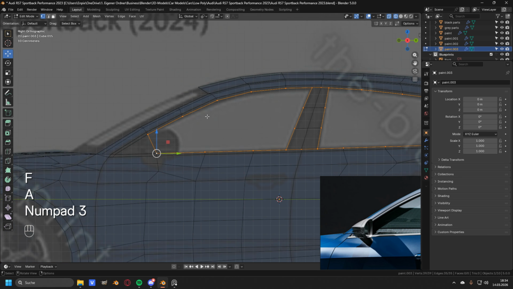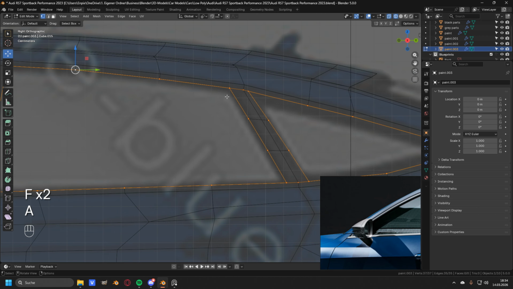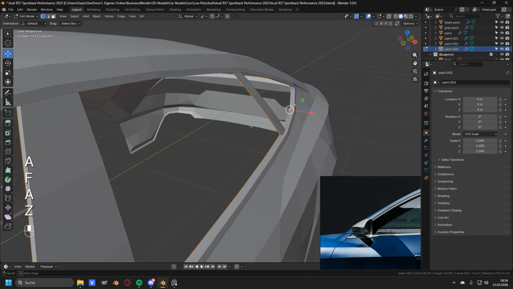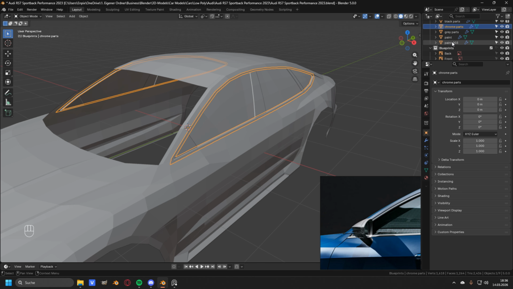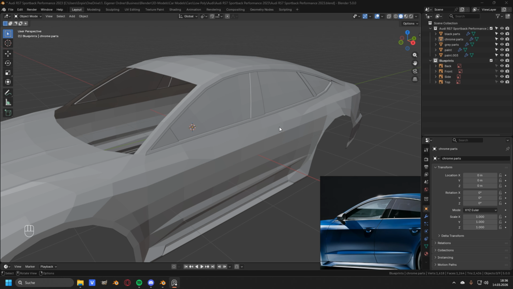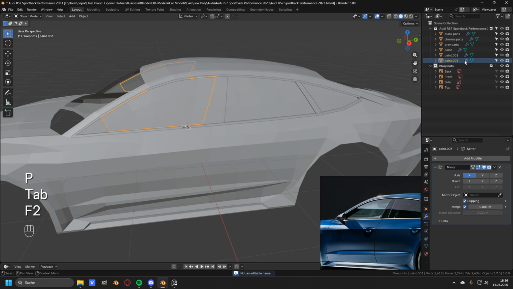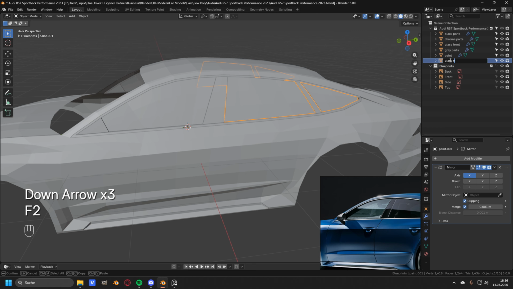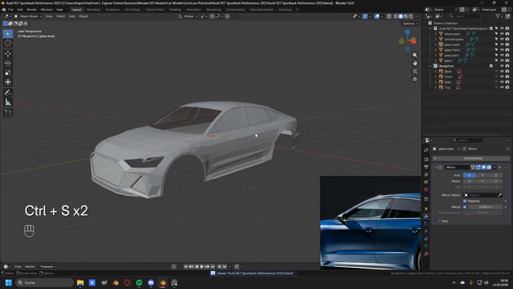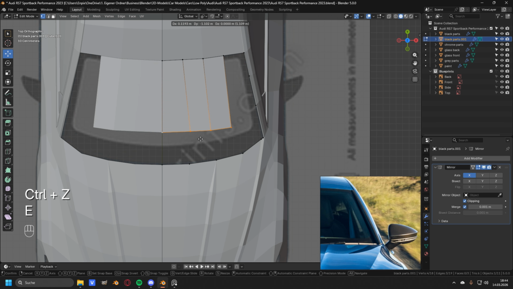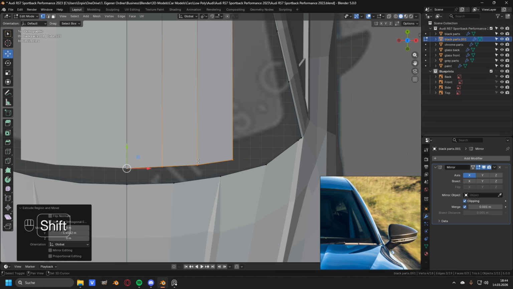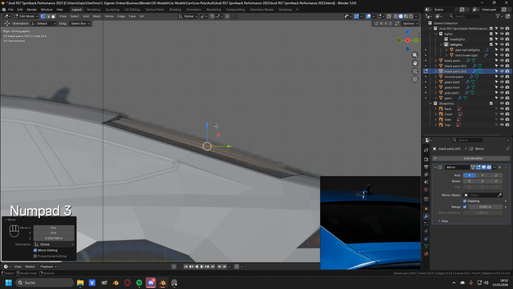Then I duplicated the vertices from the chrome frame once more so I could recreate the windows out of it, and I went straight ahead and separated the back windows from the front window, so later when rendering out this car I could make the back windows a little bit darker than the front windows. So then after creating the side windows, I of course recreated the windshield and the window at the back of the car,